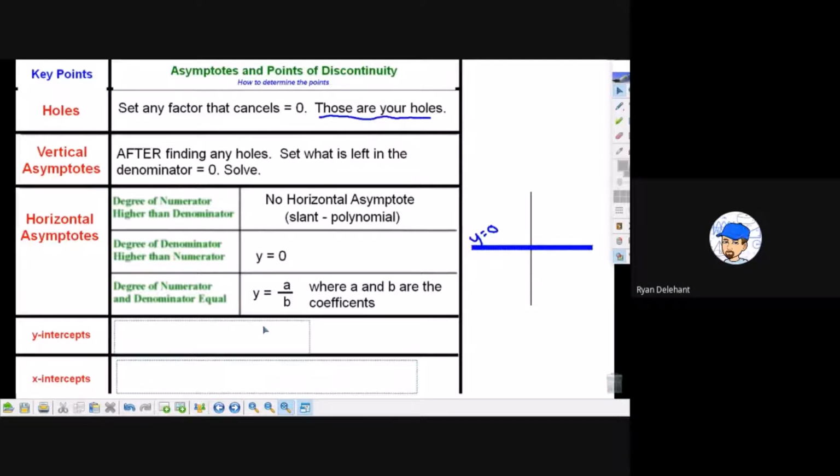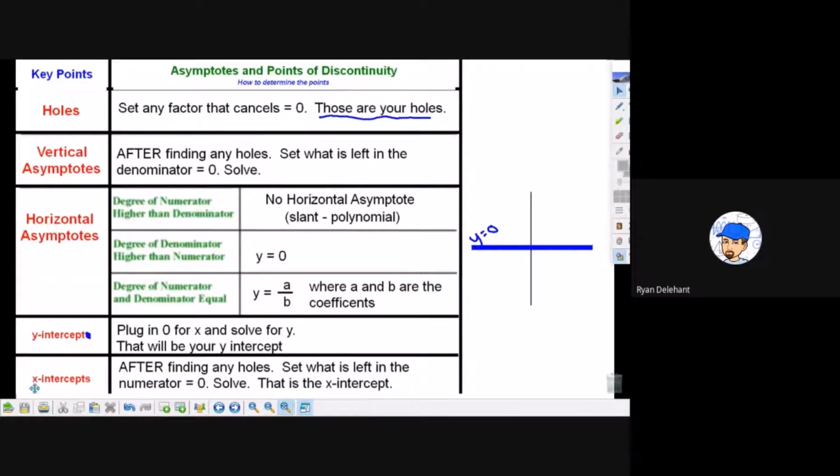X and Y intercepts. So let's talk, and really this shouldn't say intercepts. This should say intercept, because you're only ever going to have one of these. You're going to put a 0 into your equation wherever you see an x and solve for y. And it'll tell us the y value of our y-intercept. And then we're going to do the same thing for the x-intercept. And all of these things are after finding holes. That's what's left in the numerator equal to 0, solve. That's the